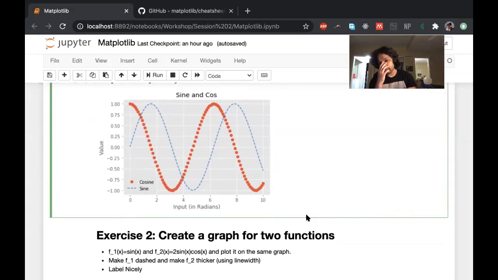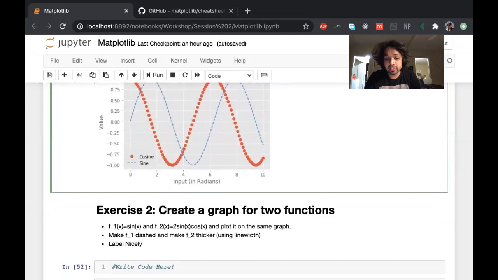And I think the way I have learned it, and it might be the same for you guys, is just find what you need for the graph that you're trying to make and try remembering how you did it. And over time, you'll get a sense of what are the important ones for you and for your kind of work.